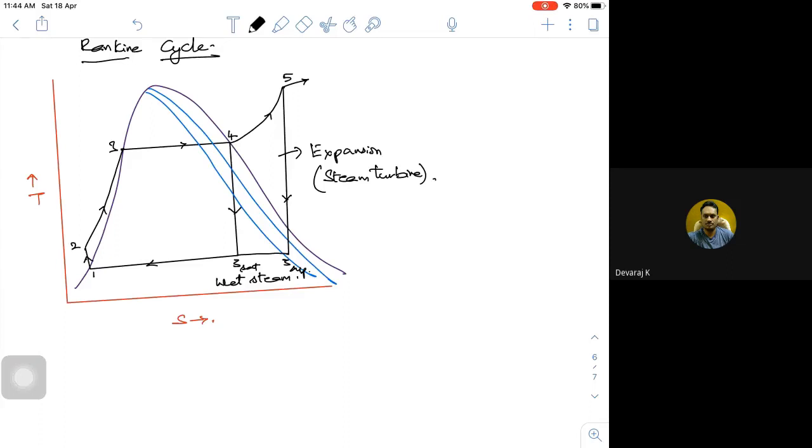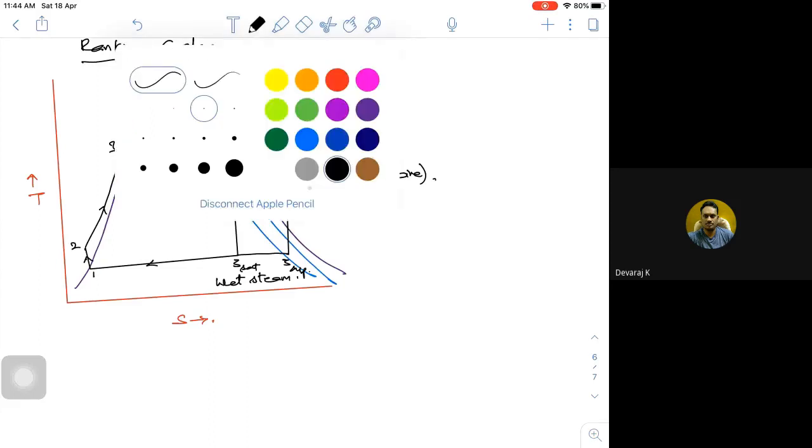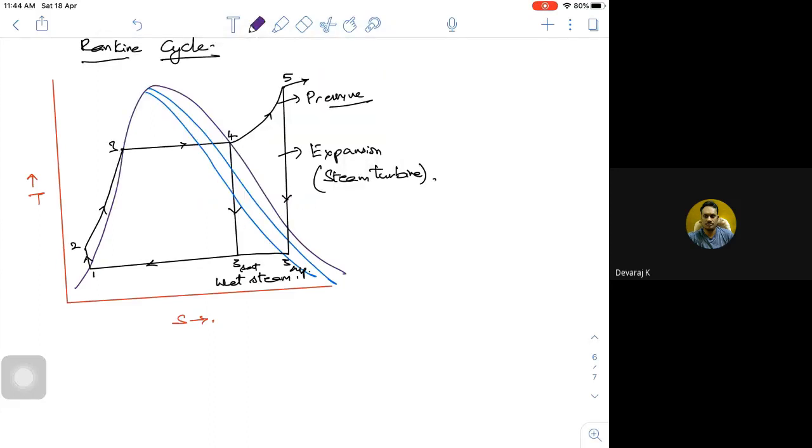This represents a particular pressure. If I keep on increasing the pressure, what will happen? Say I want to increase to a particular pressure like this, which I am showing with the dotted line. You can closely observe that this particular temperature almost remains the same. Otherwise, I can simply go to a higher pressure.